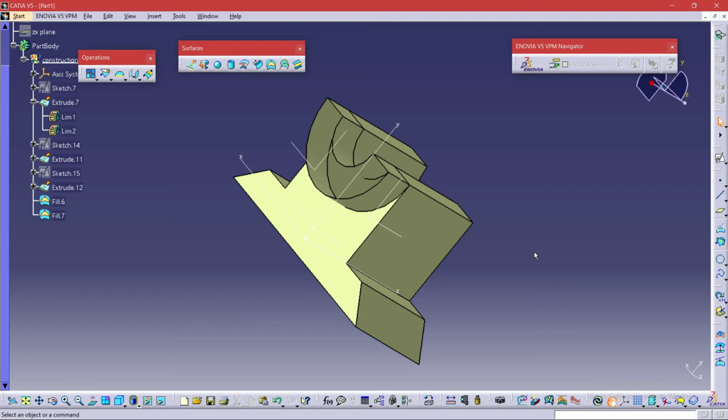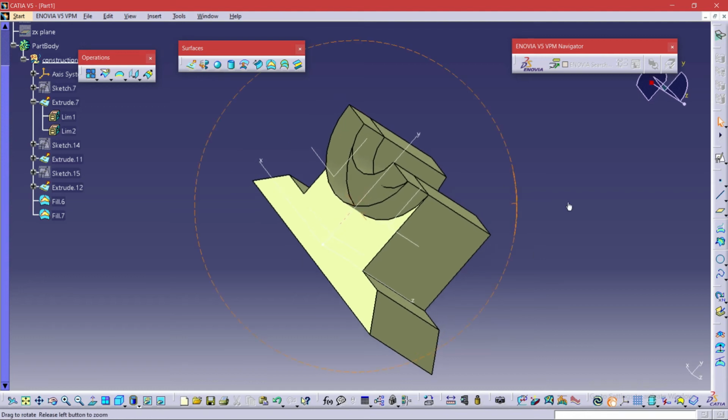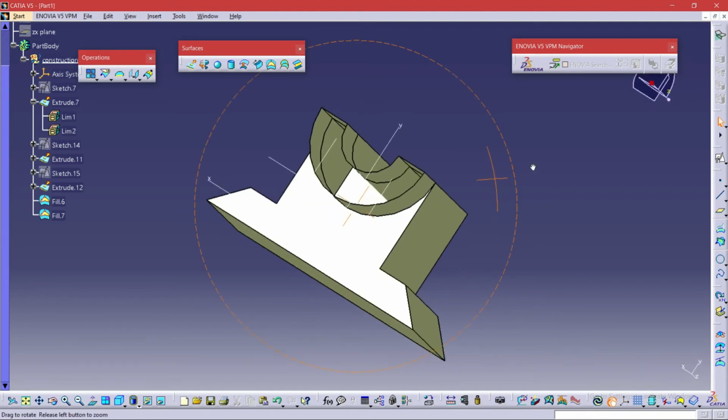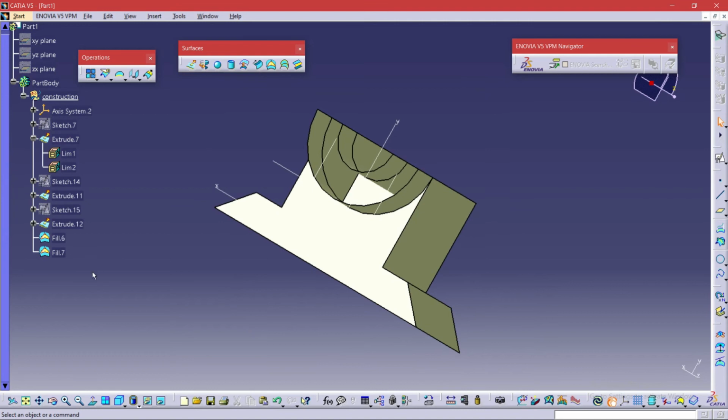There is one more thing that I forgot to tell you. After creating all the surfaces, these surfaces are independent of each other. They are not interlinked with any of them. So the one thing that we need to do before going into the part modeling is to select all the faces and join them into a single piece. This single piece will form the basis for the part modeling.